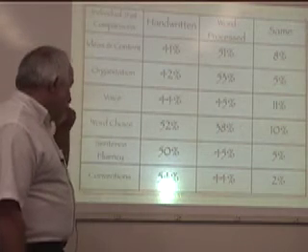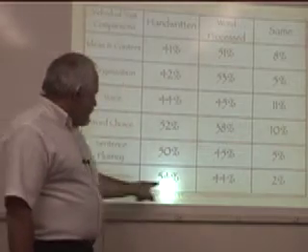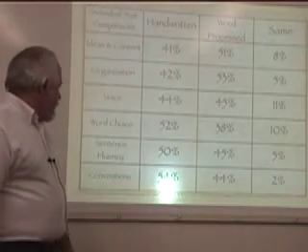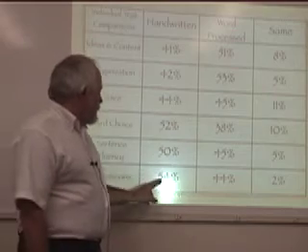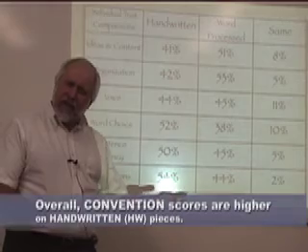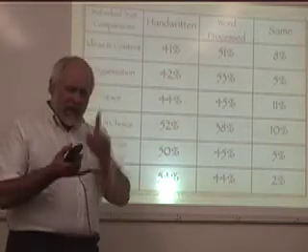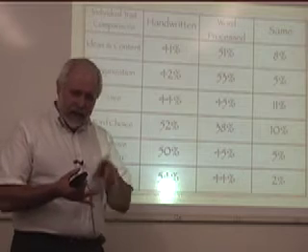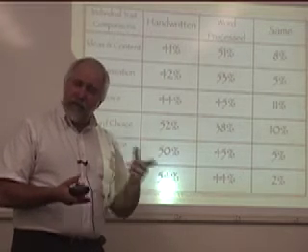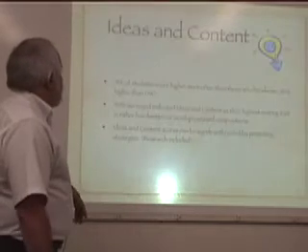And finally, sentence fluency, it's about a 5-point spread, not that significant. And with conventions though, wow. Conventions, 54% of the kids, a 10-point difference, did better when handwriting. Again, conventions, that was puzzling and troubling, because conventions talk about spelling and punctuation and capitalization and paragraphing and so on. All of those things that one might assume a word processor will help them with.